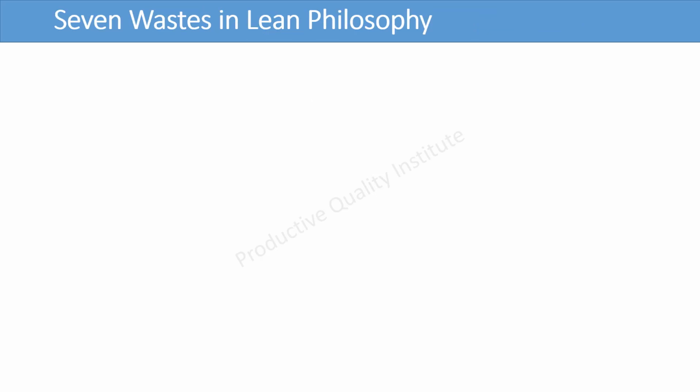Seven Wastes in Lean Philosophy. The 7 wastes of lean manufacturing are what we are aiming to remove from our processes by removing the causes of these wastes. But what exactly are the 7 wastes of lean manufacturing? The 7 wastes of lean manufacturing are: